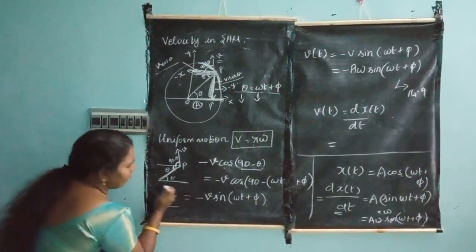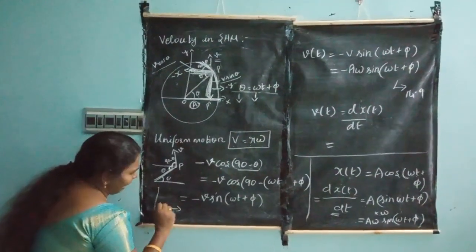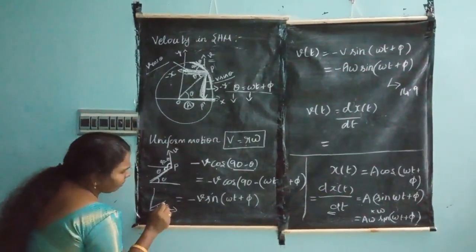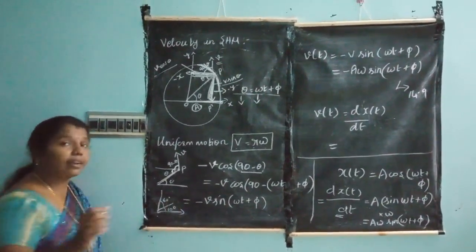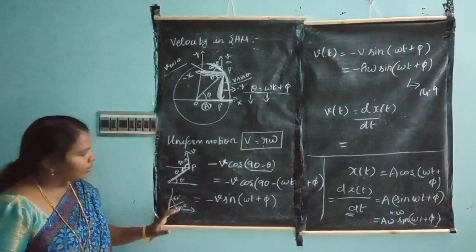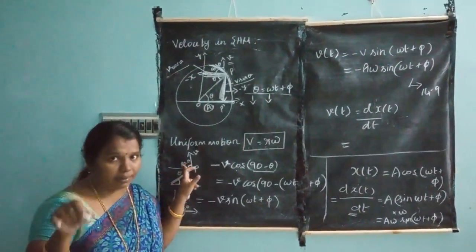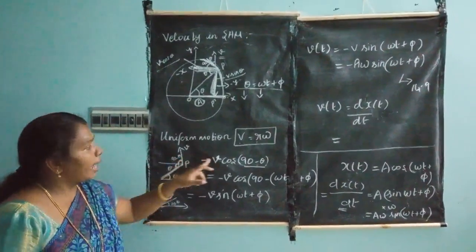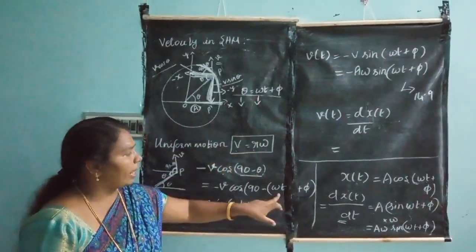Because I am showing another example here. See, this is the right angle. Is it right? Yes. This angle is 30 degrees. So what is the remaining angle? You can easily say this is 60 degrees. How will you say that? You just subtract: that is 90 degrees minus theta. So this is the way of denoting that. Therefore, in the tangential way, I am considering that velocity. So the angle is 90 minus theta. So what is that theta? You have to denote that as omega t plus pi.